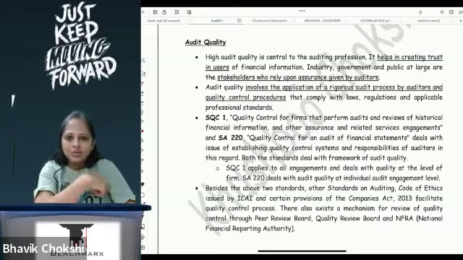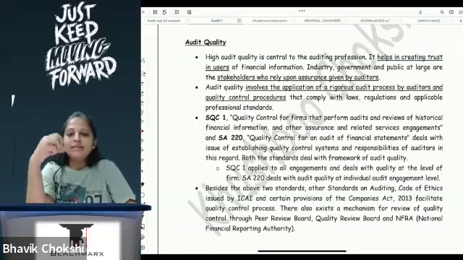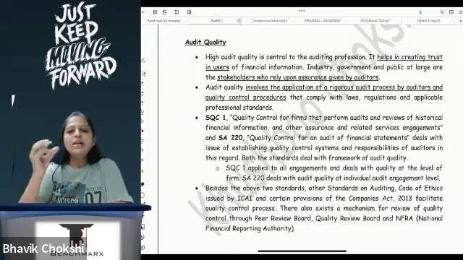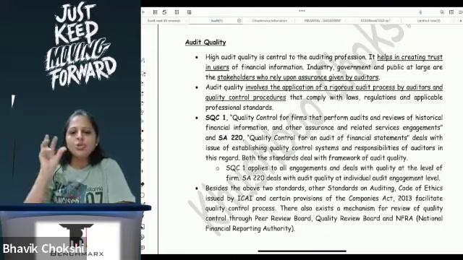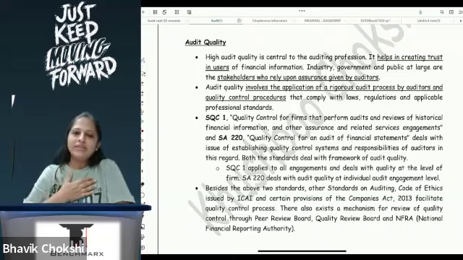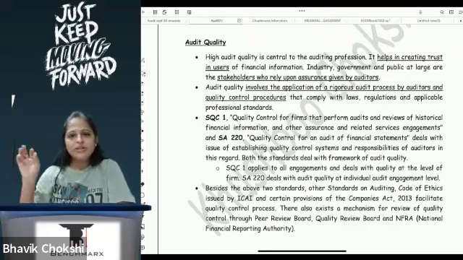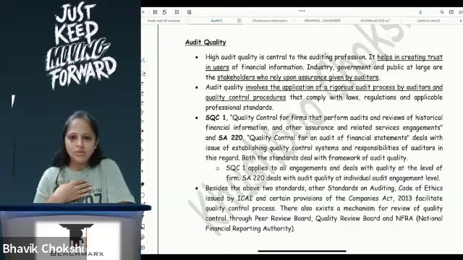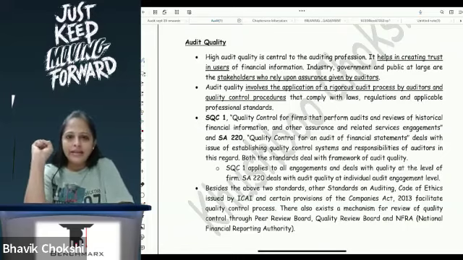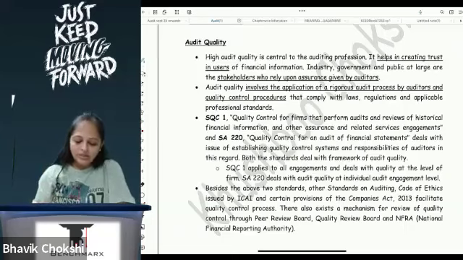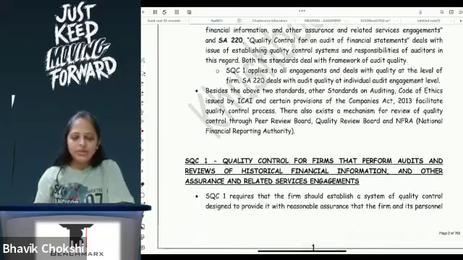But यहाँ पे ऐसा नहीं होता है, तो हर एक का एक अलग क्वालिटी होता है. So this quality standard is basically the institute giving you that these are the things which you should be maintaining, and this is how you can accept the assignment, and then I will say that the quality is maintained. You want to maintain 10 files, okay. You want to maintain 2 files, you want to maintain 1 file, that is not my lookout. But these are the things that should be in place, that should be there in order to say that the quality has been maintained. Okay, so here SQC1, SA220 both will talk about the same.